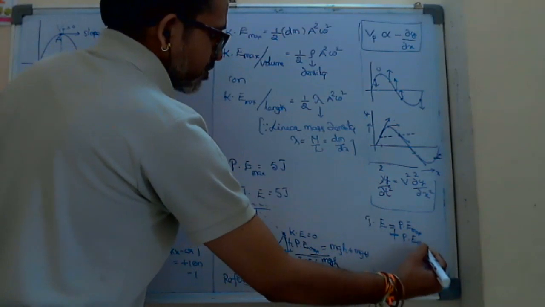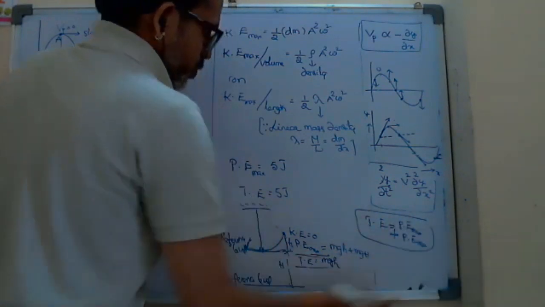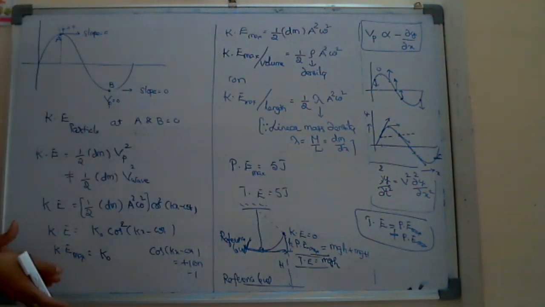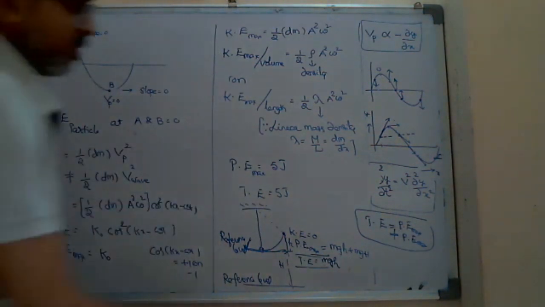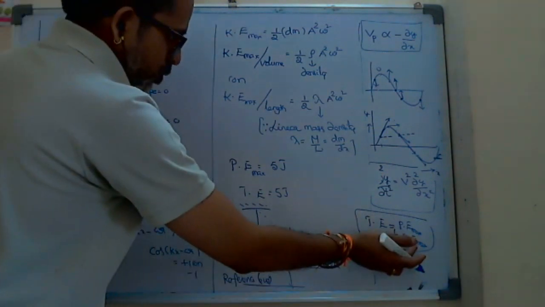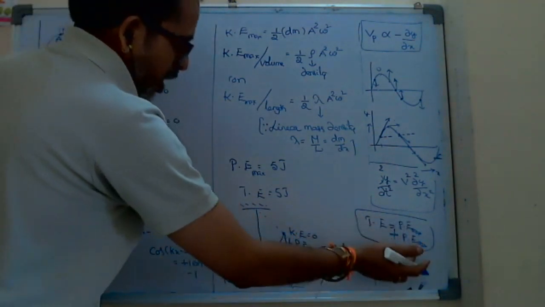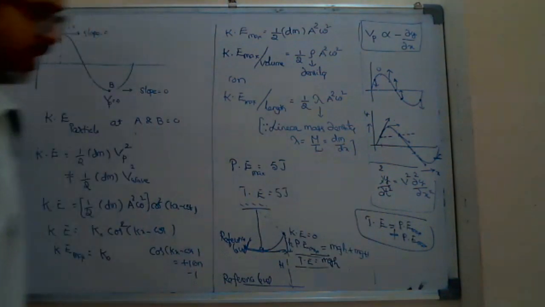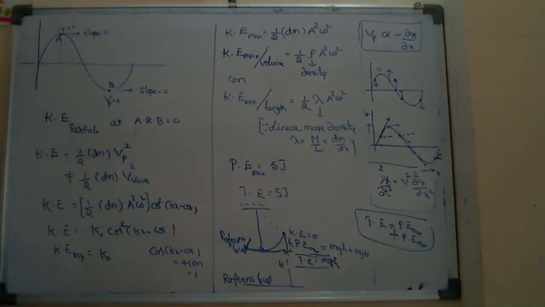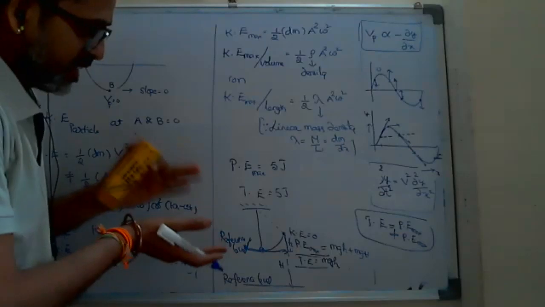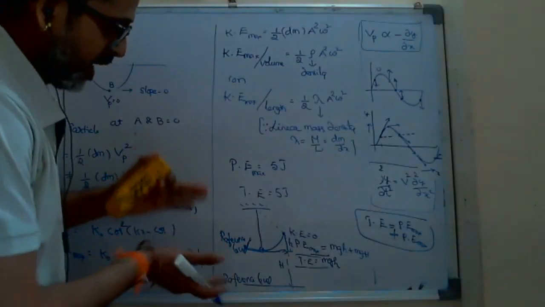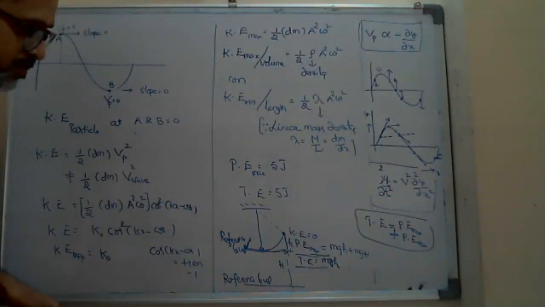That's why my intention is that the total energy may or may not be equal to P max. If you find the maximum potential energy instead of kinetic energy, you can equate it to the total energy or not, depending upon the reference. But if you calculate the kinetic energy, there is no virtue of taking the height term, only the velocity term.